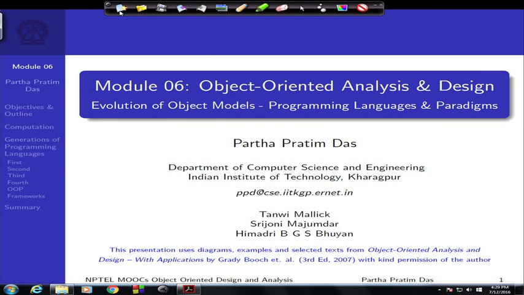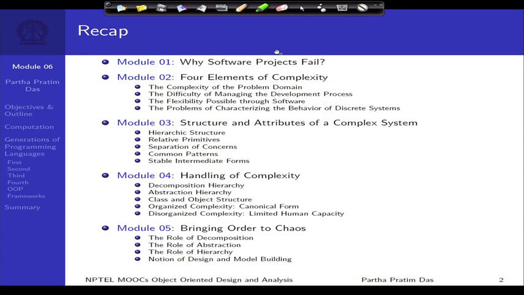Welcome to module 6 of object oriented analysis and design. We have discussed, in the last 5 modules, various aspects of challenges faced by complex software development, that is, given